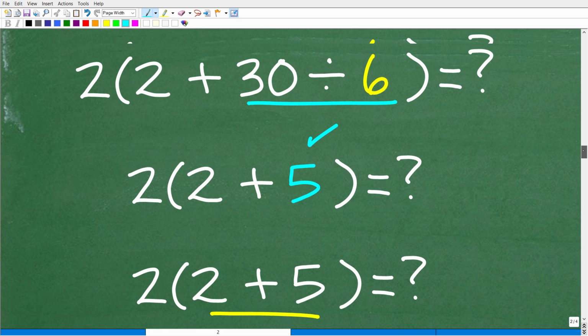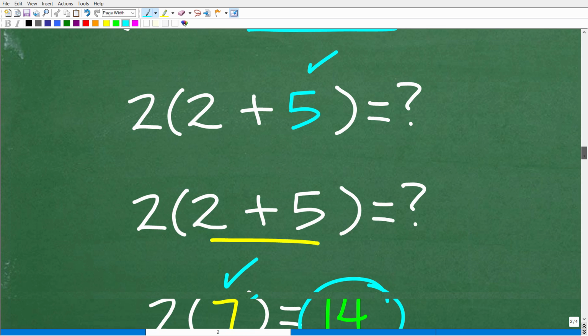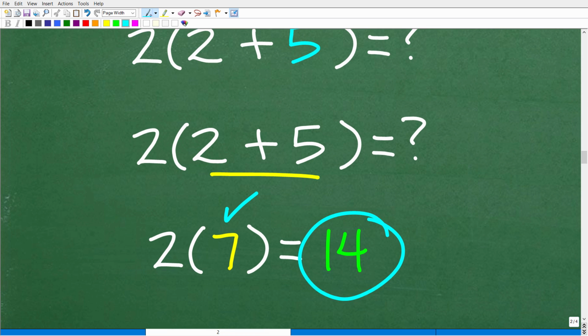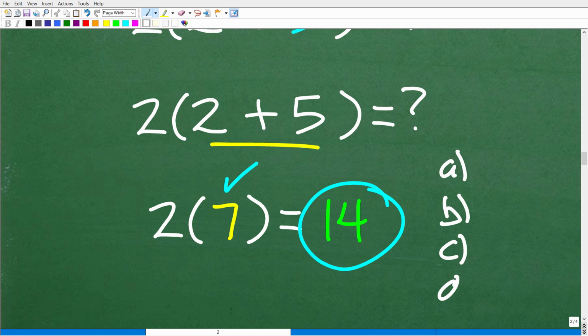And by the way, this is by design. You see, math teachers are sneaky. They're going to give you a problem like this. For example, let's suppose you were taking a final exam or a multiple choice test. You're going to see these answers here like 14, 94. You'll see some other crazy answers, but you have to be very cautious when you're taking exams